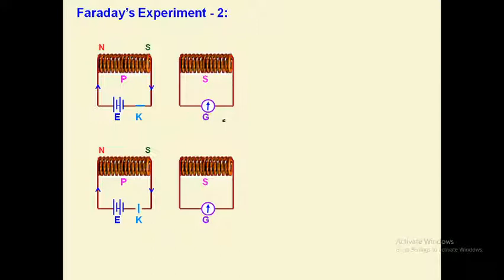But this time the direction of current is just opposite to that which was obtained while switching on in the primary circuit. So in simple words, when we switch on the primary current, then the secondary circuit also gets current, but it vanishes very soon. Then if we switch off the key switch in the primary coil, once again the current comes in the secondary coil but in the opposite direction. So what conclusion can you draw here?